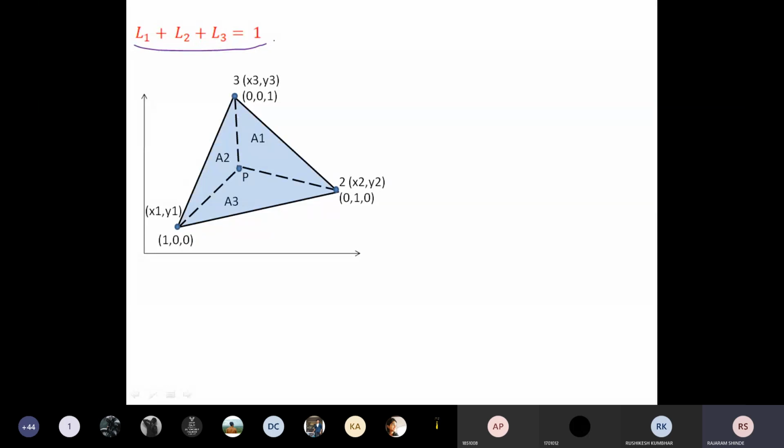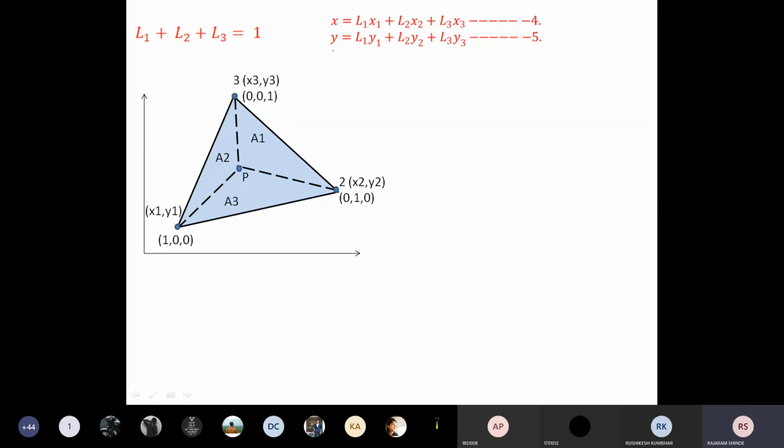Now one more equation we have used in case of one-dimensional element. What is that equation? Here any variable point x is equal to L1 x1 plus L2 x2. Now this is for one-dimensional. Now how we can apply this for two-dimensional, and whether it is correct or wrong, that we will check. What we will do, we will write the equations first, then we will prove it. Okay, now first I will write the equations here.